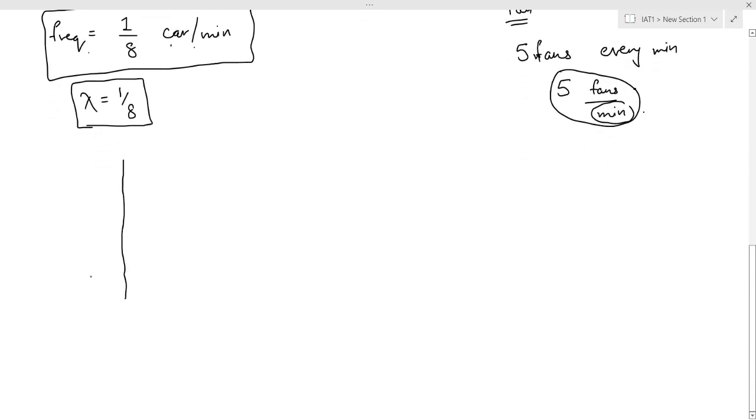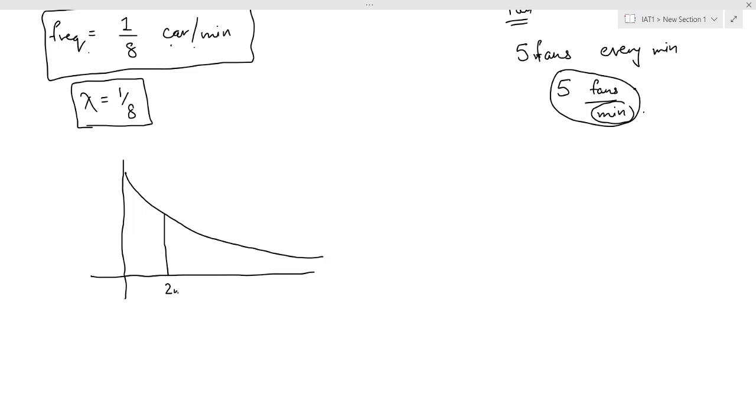I just showed you this graph right now. This graph is the graph for exponential distribution, right? So how do we use this graph? Let us say I am just taking a random example right now. Here, let us say it is 2 minutes. If we want to find out the probability of a car manufacturing within the first 2 minutes,